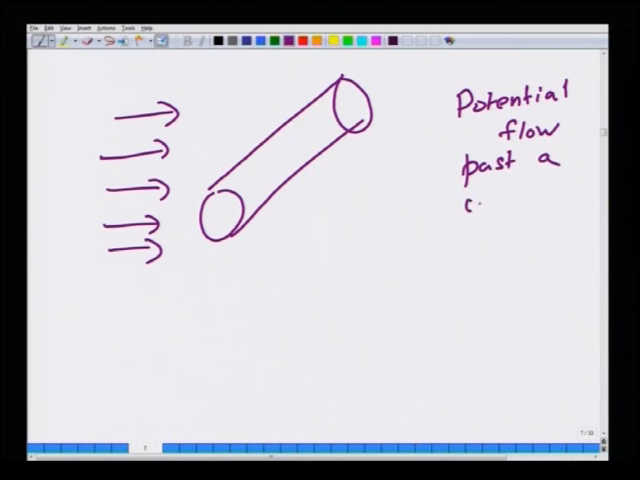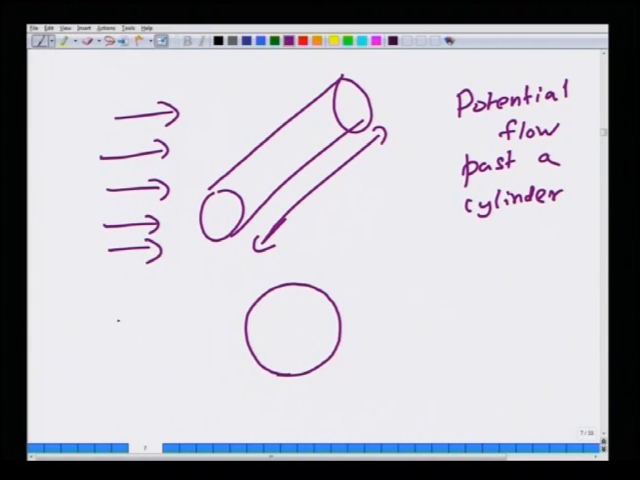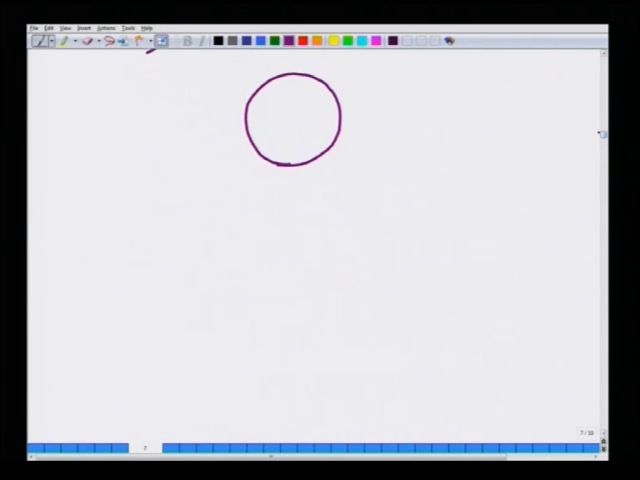Okay. How are we going to get this solution? Essentially, if this direction is very long, we can simplify the problem to look like, on the plane, a flow past a circle. How are you going to simulate this flow using the simple potential flow solutions? Well, you superpose